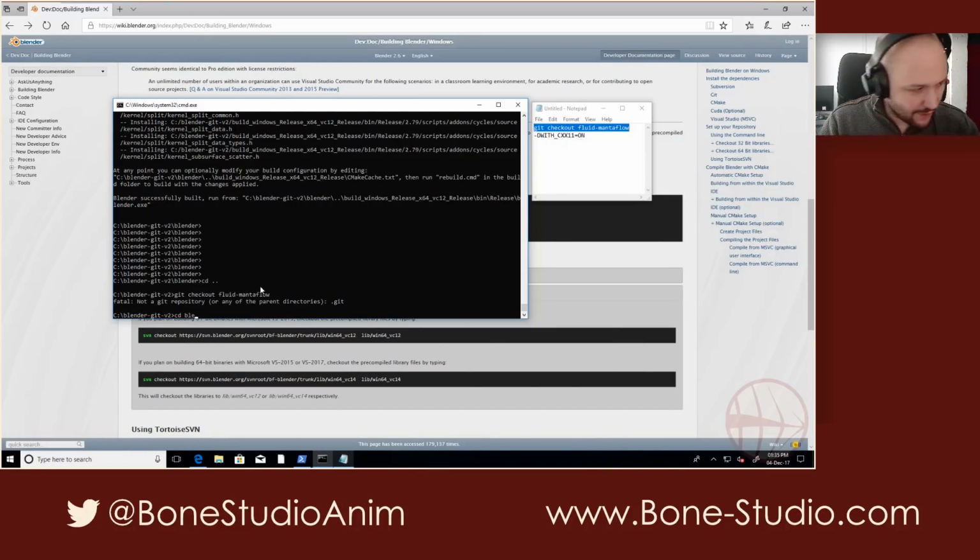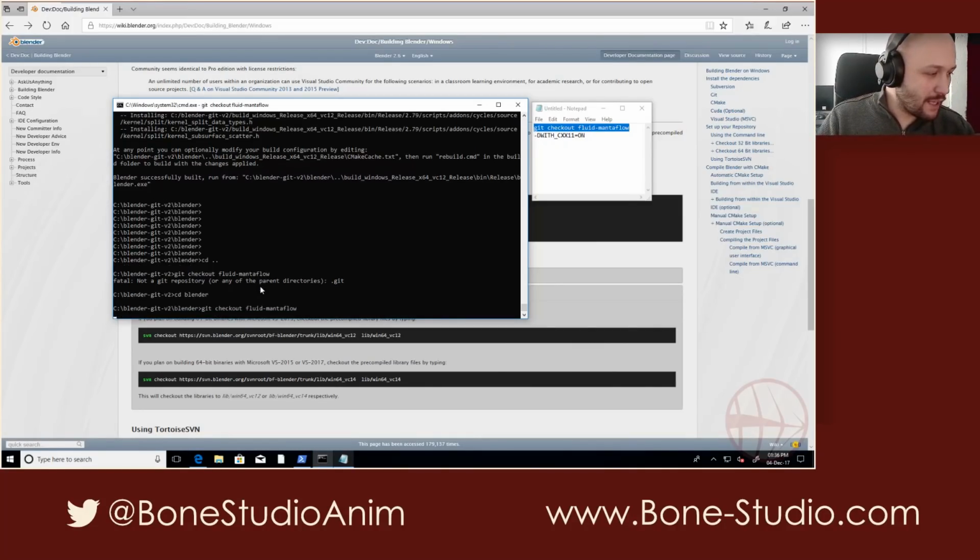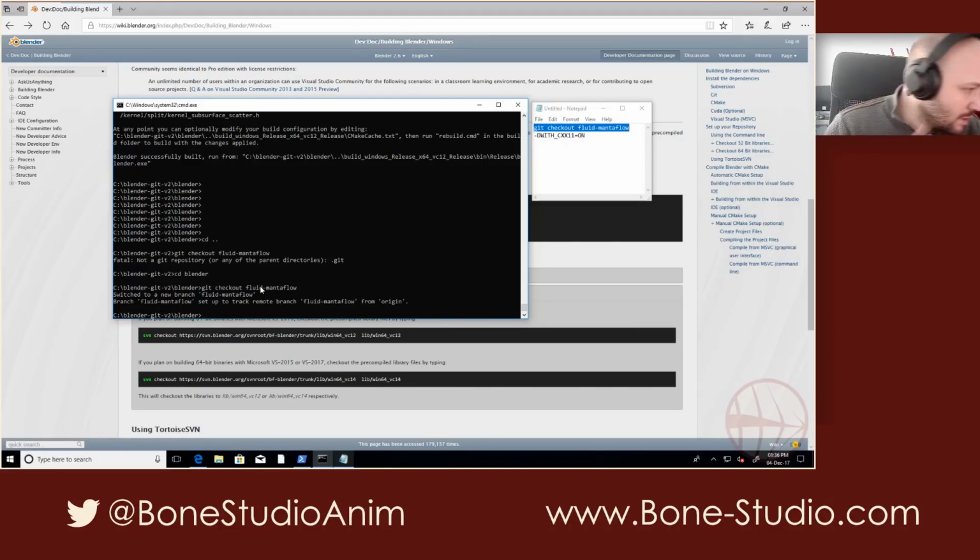Oh, sorry. We have to enter in the Blender folder, that is the Git repository, and git checkout fluid Mantaflow, and it will start downloading the branch version of Blender. So switch it to a new branch, fluid Mantaflow, branch fluid Mantaflow, set up to track remote, and so on. That's it. Now we can do git update,